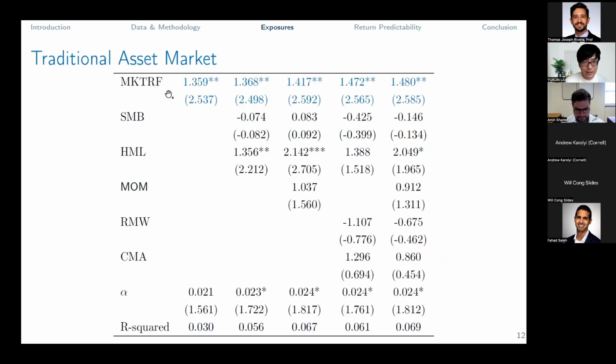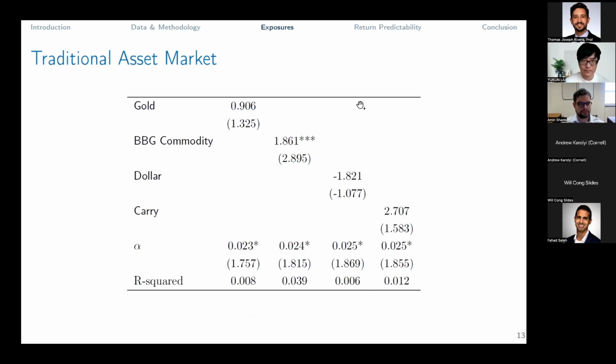It has some exposure to the stock market. However, if I control for the cryptocurrency market, this is largely gone. So this exposure to the equity market is mainly driven by the fact that in the more recent sample, the cryptocurrency has exposure to the markets. Okay? So that's the reason why it is significant. For the other commodities and things, the exposure, besides for some of the commodities, is largely absent.